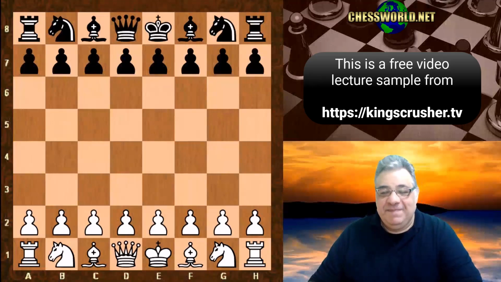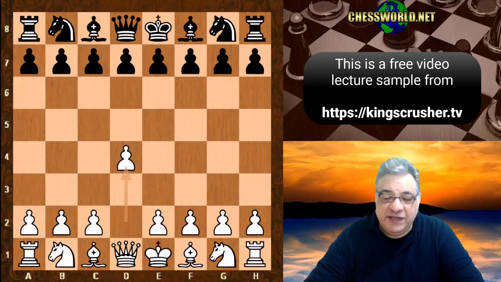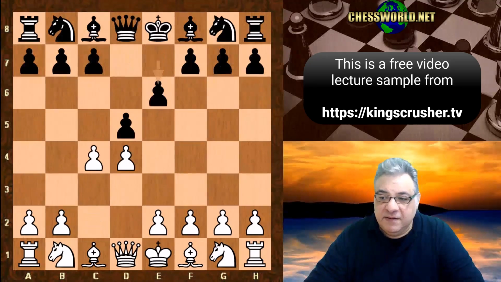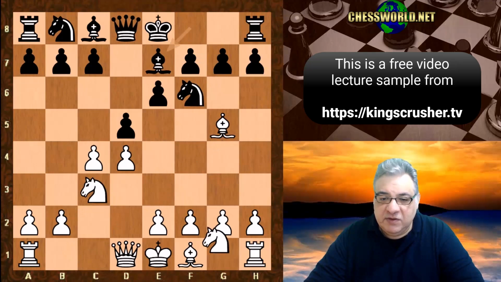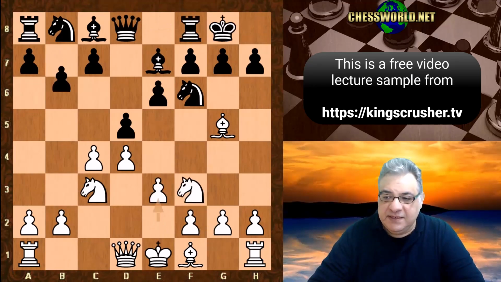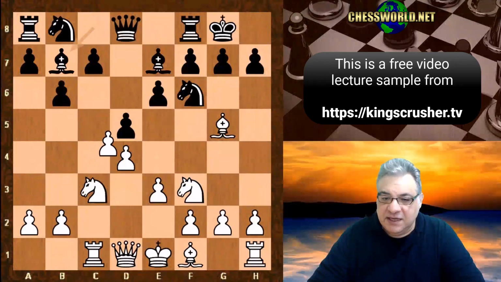Hi there. In this lecture we see Emmanuel Lasker playing against David Janowski. This is in the Hastings tournament round 6. So Lasker kicks off with d4. We have d5, c4, e6, knight c3, knight f6. So a classic Queen's Gambit declined. Bishop g5, bishop e7, knight f3, black castles, e3, b6, rook c1, bishop b7, c takes d5, e takes d5,